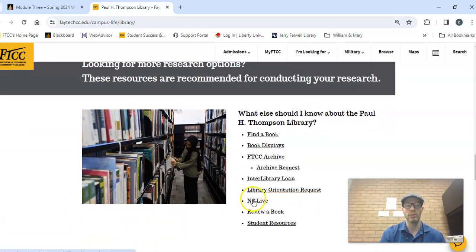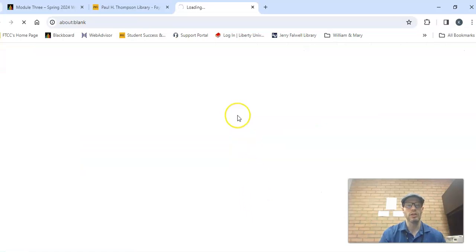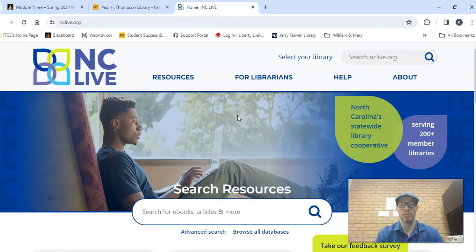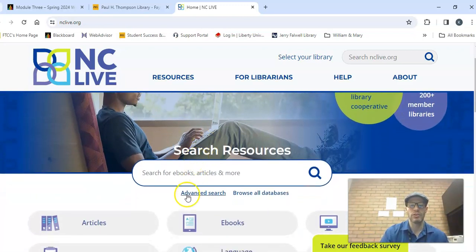But if you scroll further down to this area, you see it says NC Live. And if you click on NC Live, you get a new page. And this really is a better database, I think, than the Fayetteville Tech database as far as searching for scholarly articles is concerned. Once you're on this page, you see this advanced search underneath the search bar. Click on that,